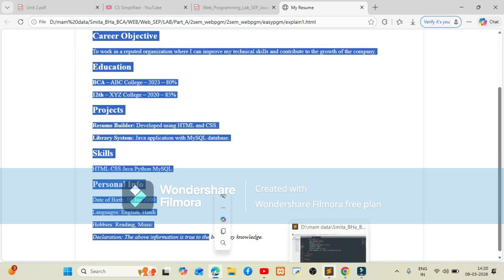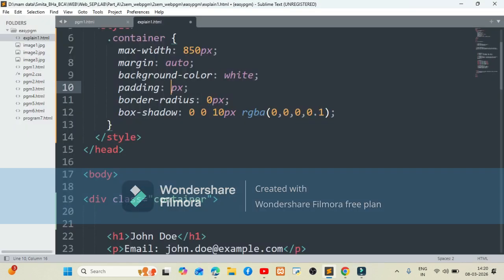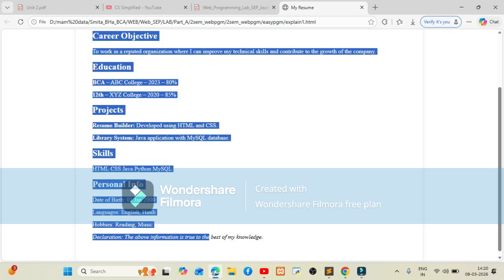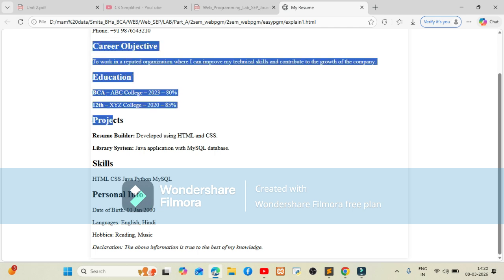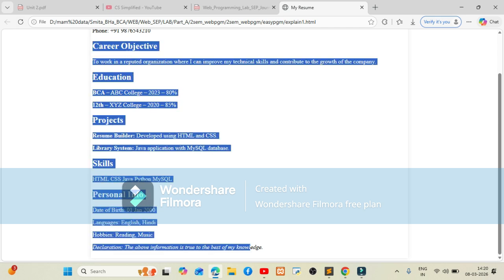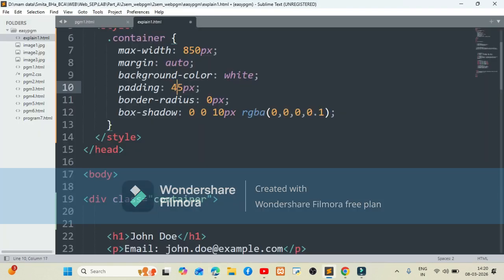Now we'll change the value of our padding. I'll make it as 5 px. Save it. Go back to the output and refresh the output. Now can you see the output? The space around the content has been reduced to 5 px. Let's come back to the original one.